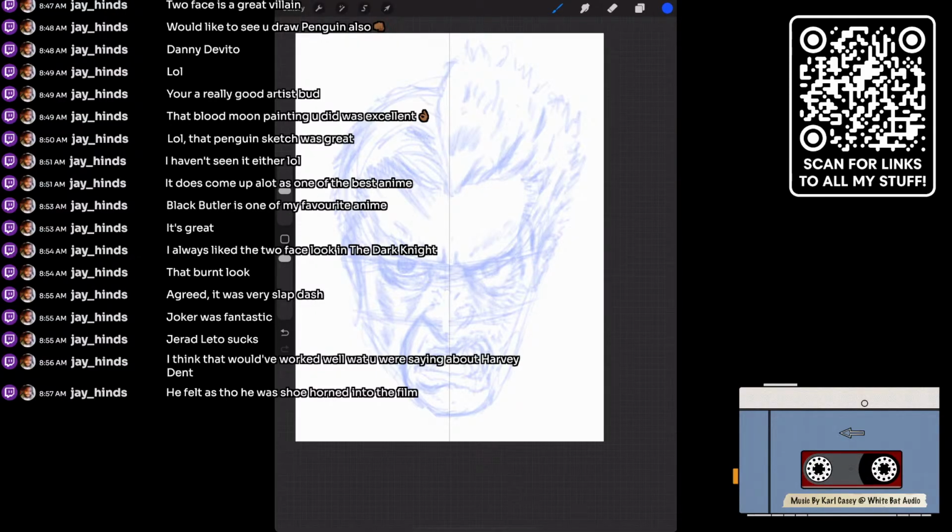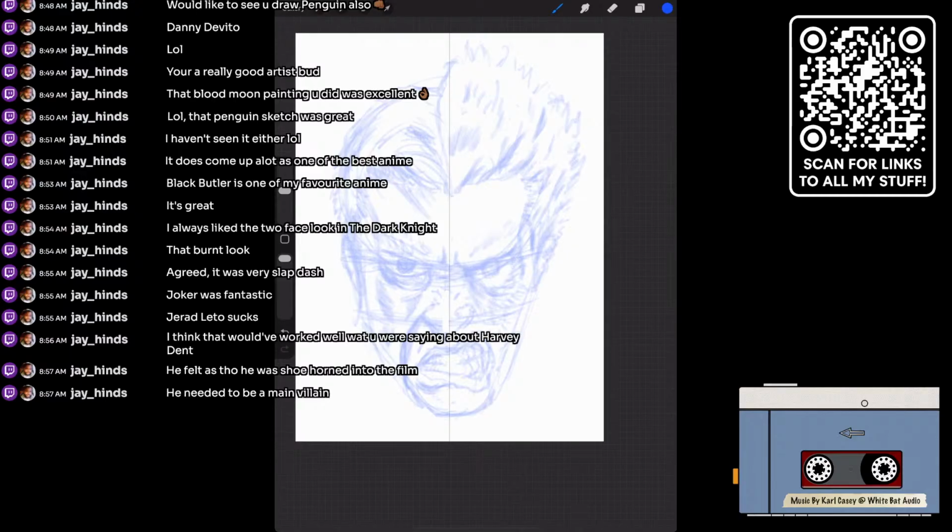Yes, that's it. That's exactly it. He was shoehorned into the movie. That's the problem. They just basically shoved him in, and he should have been a main villain. And I don't think you got enough explanation. I don't think his turn works, because Rachel dying, that's not enough to take somebody who otherwise was apparently a great person.